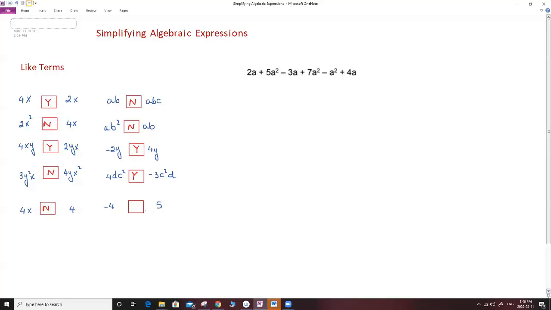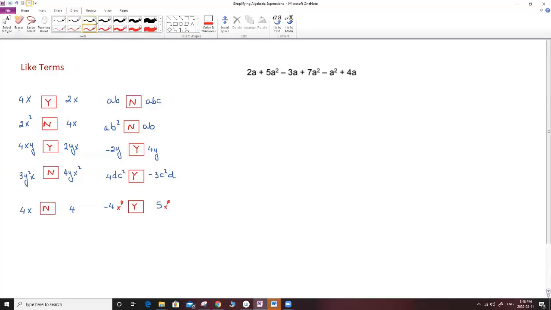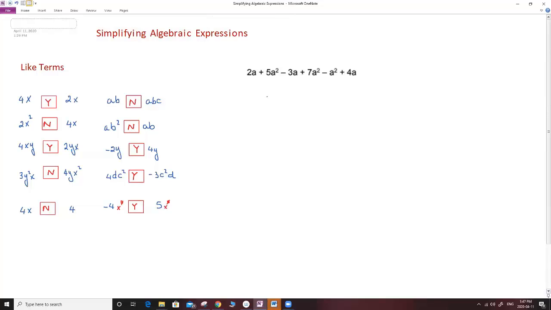Negative 4 and 5, yes, they are like terms, because both have a hidden x exponent 0, or any variable exponent 0. So in this case, yes, they are like terms. Now let's work a little bit with this one. If I have 2a, 5a squared, minus 3a, plus 7a squared, minus a squared, plus 4a. Some students have the habit to do it like that. They can combine the like terms by